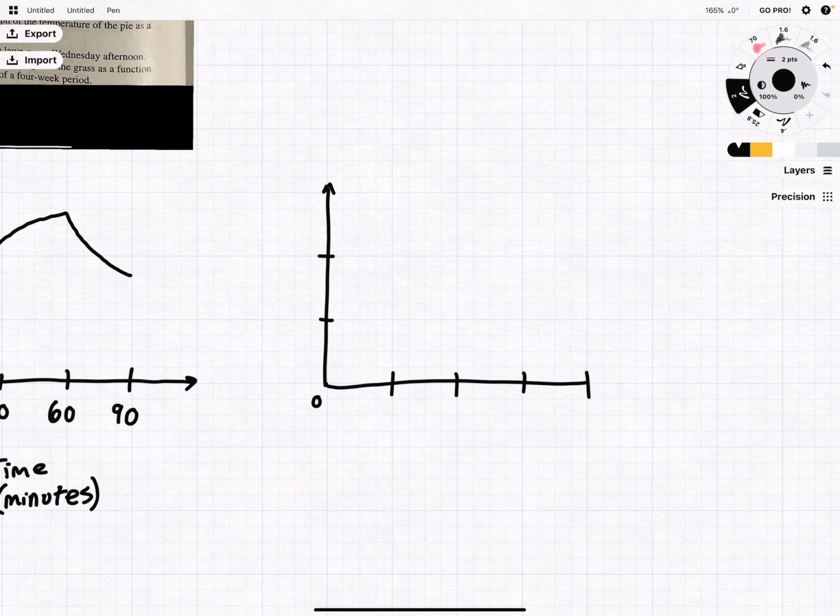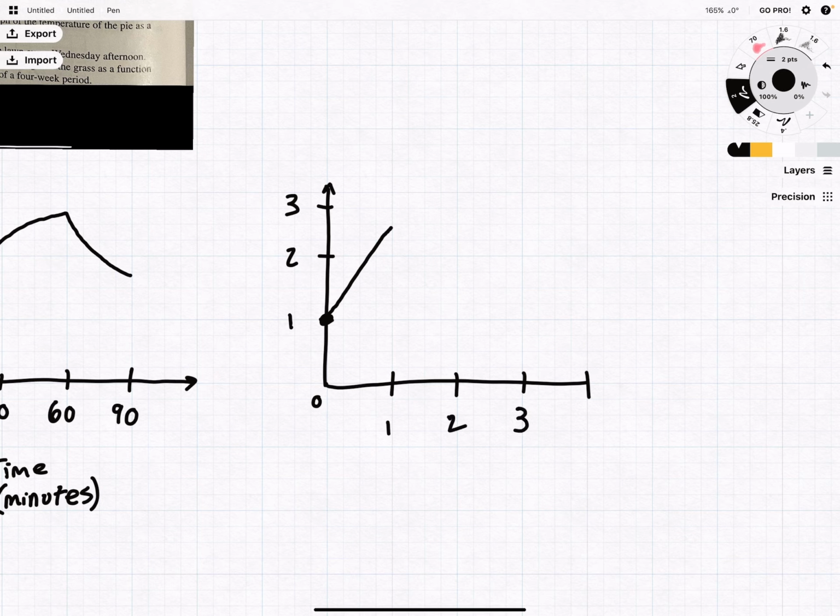And let's say the height in inches is 1, 2, 3. So right here it's at 1. And here's the trick with this. It's going to grow, and then right at,